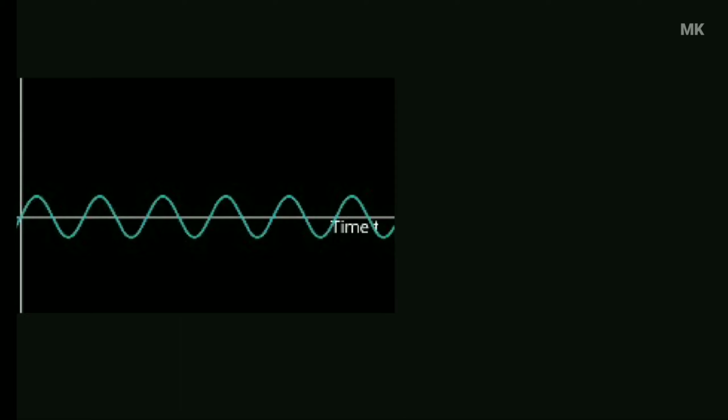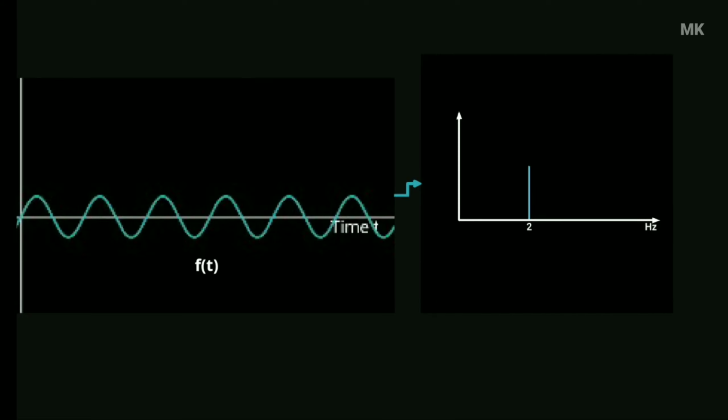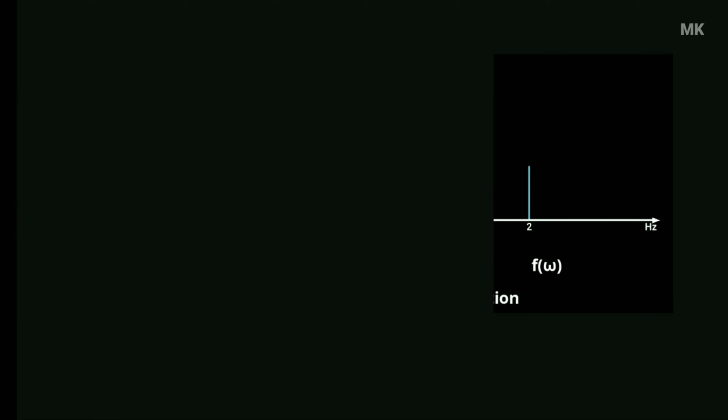But instead of plotting the graph of position versus time, what if we plot position versus frequency? Watch it. It looks so simple, right? That's it. This type of transformation from time domain to frequency domain is nothing but Fourier transformation. Okay, before diving further into the subject, let's play with some sine functions.